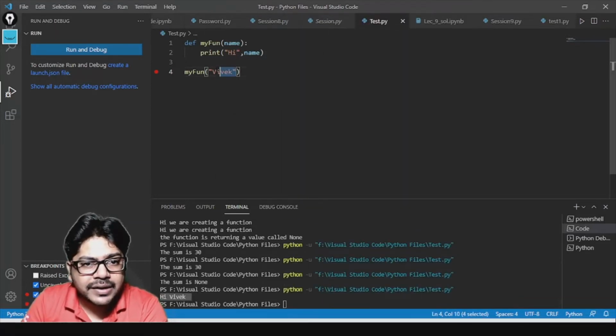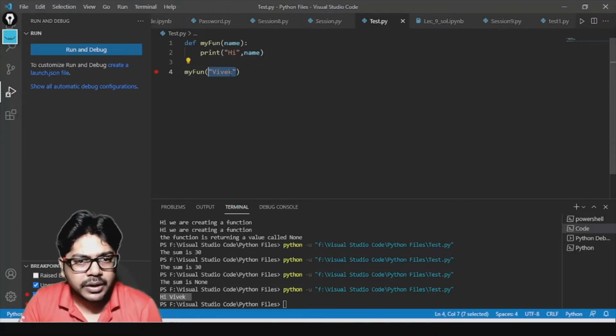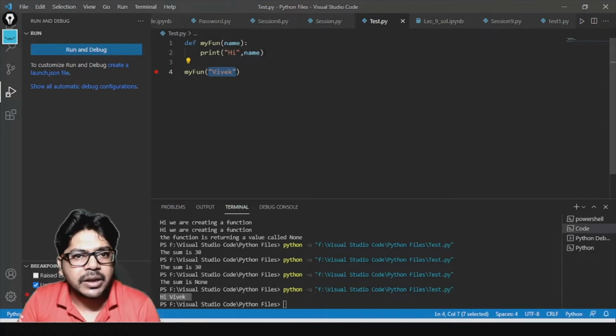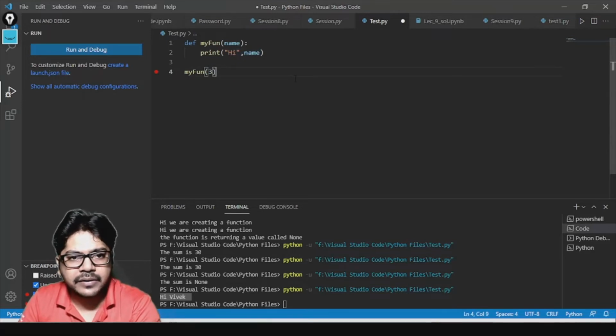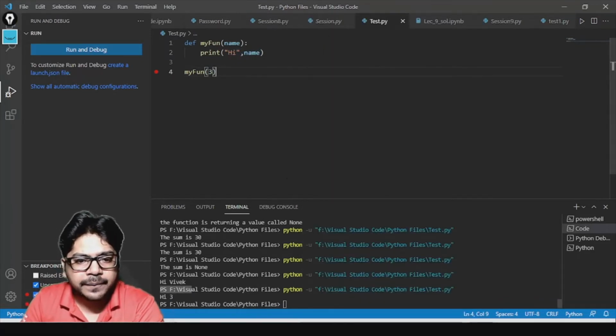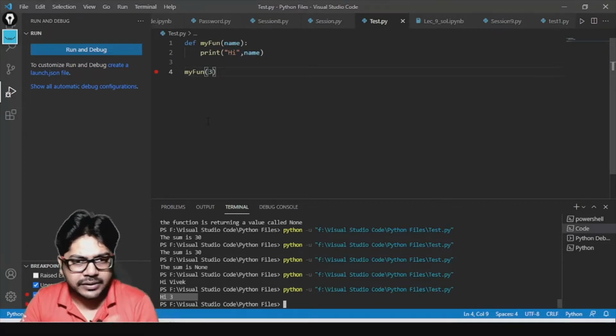Not necessarily should the argument or parameter that you are passing always be a string. It can be a number also, but in that case you must do some other manipulation. Like here, if I pass 3, it is going to give you hi 3. It is just going to concatenate that, right?